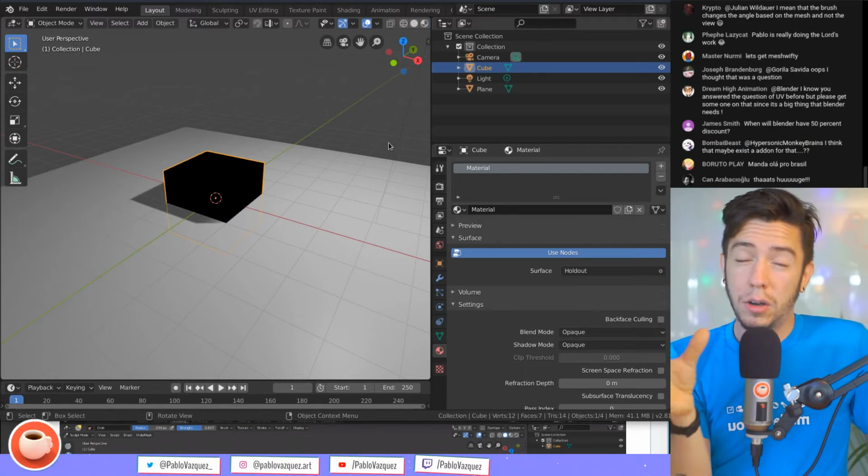It's more compatible with the way Cycles works, and this is all in an attempt to make Eevee and Cycles closer together. So that's the goal, that there's no gap. All right, so